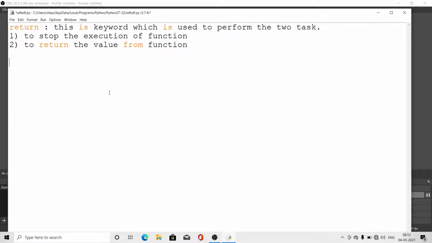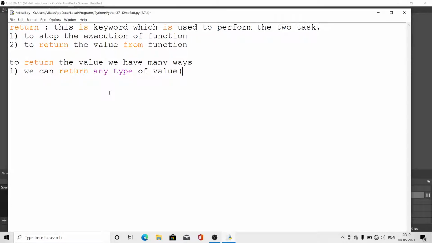Now, to return the value, we have many ways. We can return any type of value.